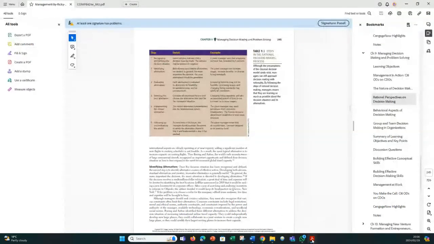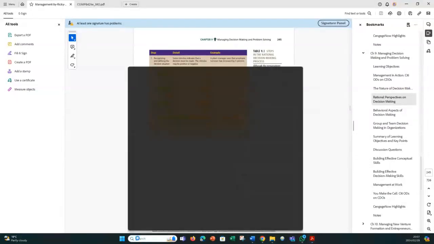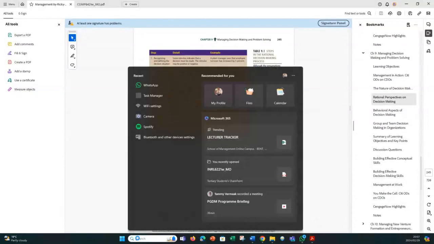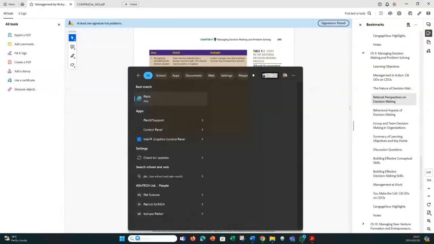So in terms of the first one, they talk about recognizing and defining the decision situation. For me, it really is the issue that we're trying to deal with. The focus all the time is what is the deficiency, where is the gap, what is the problem that we have to counter. What is essential there is that the first thing you do at that point is separate the cause from symptoms. So let me just open Paint. I'm not very good at using the other bits and pieces here. Paint, yeah.